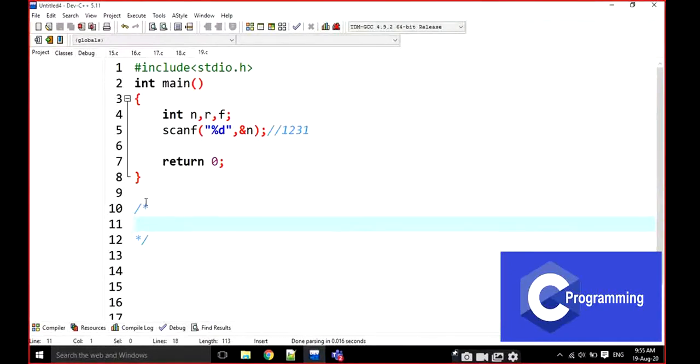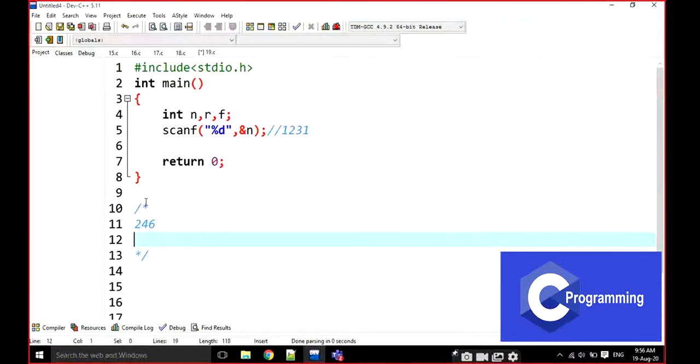For example, the number is 246. I am going to give you a small test. Now you have to solve it, and we have to check.